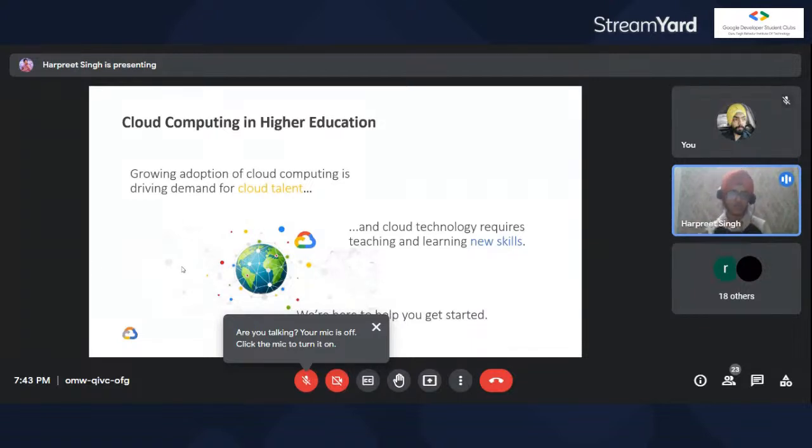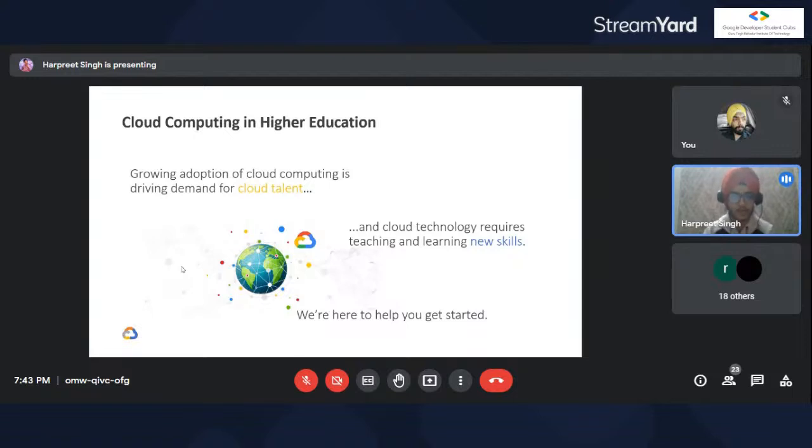Companies are reporting that 80% of employees are not skilled enough to get a cloud job. That is why Google Developer Groups of India are providing these resources so that people can learn about Google Cloud from scratch and join companies, and companies will also have great demand. So it will be a great career that students can choose.